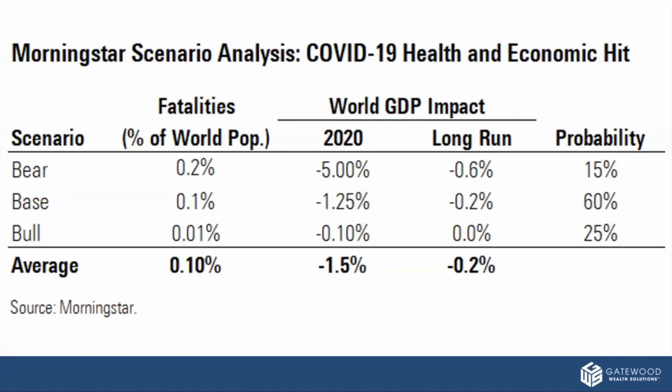We're also assuming that it drops to the flu fatality rate of 0.1%. There would be 800,000 deaths globally and 30,000 in the US. It also assumes that COVID-19 does not return in the fall. The potential impact, it would be limiting the impact to the first quarter of 2020, China being hit the hardest.